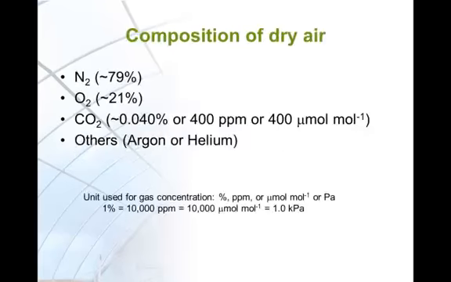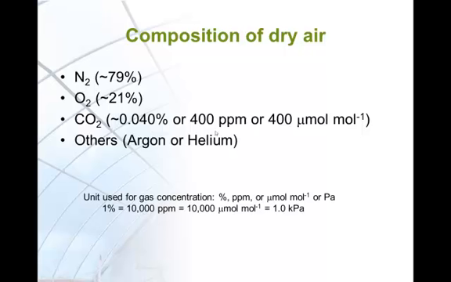This slide shows the composition of dry air. Nitrogen concentration is usually around 79%, oxygen 21%. CO2 concentration varies a lot depending on the location and also the levels of human-related activities around the measurement site. But the normal concentration is more or less 400 parts per million. Or in percent unit, it is